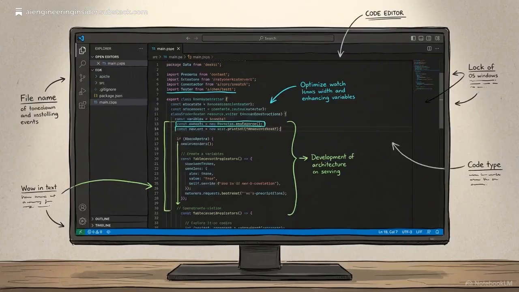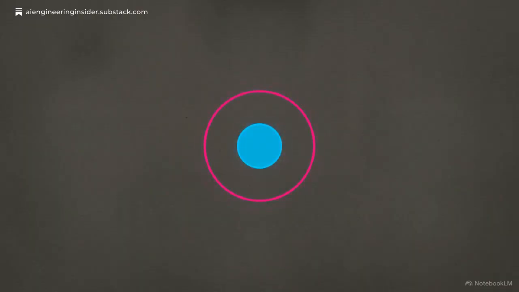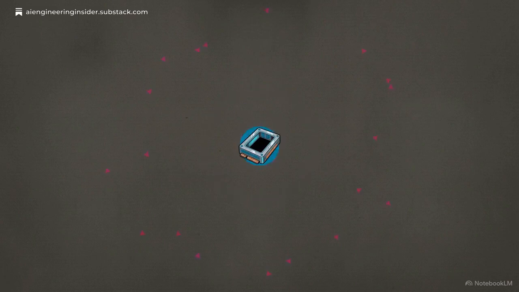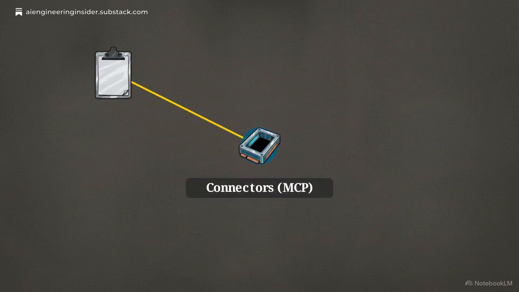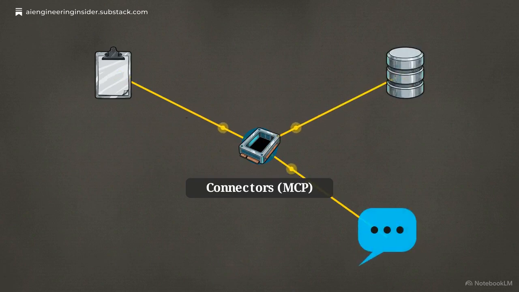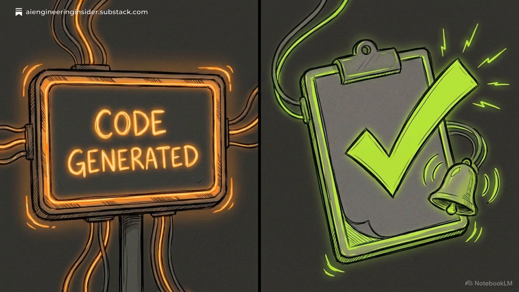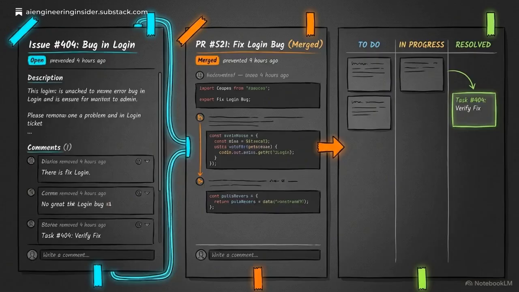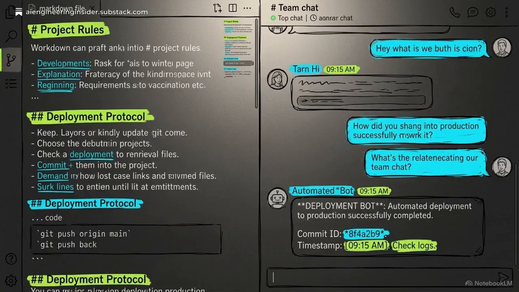But an agent that can only see local files is trapped. It cannot participate in the broader development workflow. Primitive 4, the connector, gives the loop reach. Built on the Model Context Protocol, these allow the agent to read your issue trackers, query your databases, and update your team on Slack. A loop without connectors can only tell you about a fix. A loop with connectors reads the ticket, writes the code, and moves the status to resolved on your board. Skills ensure the loop understands your codebase, while connectors give it the agency to act within your entire engineering ecosystem.